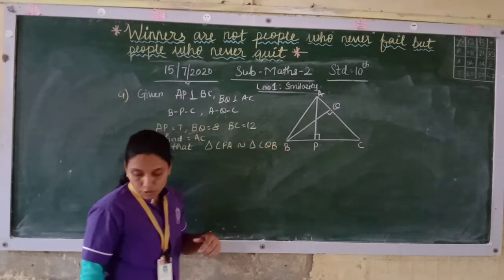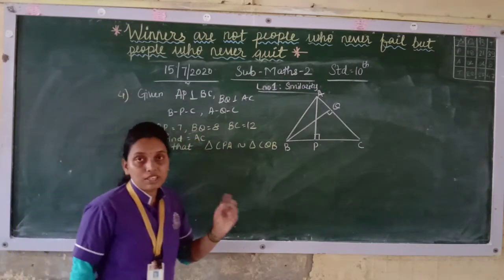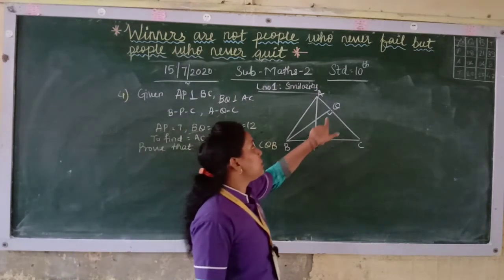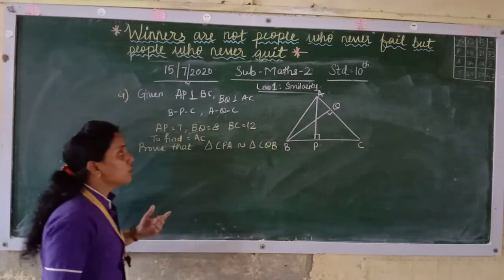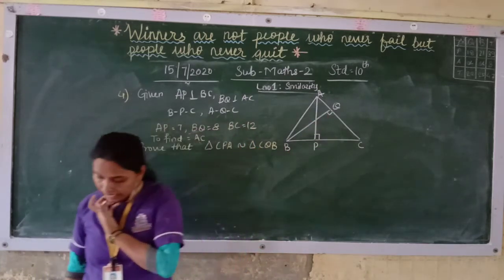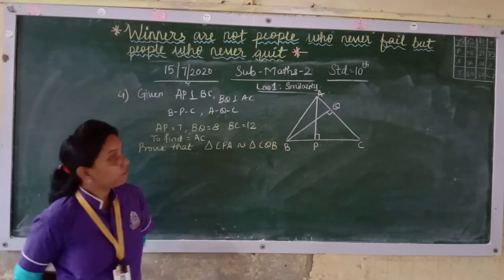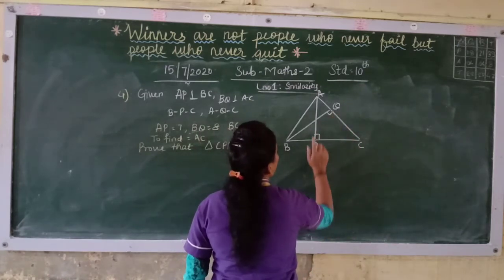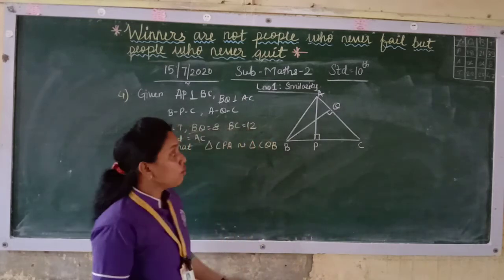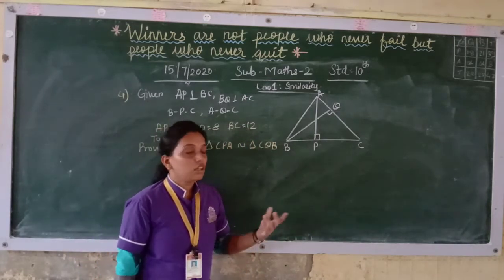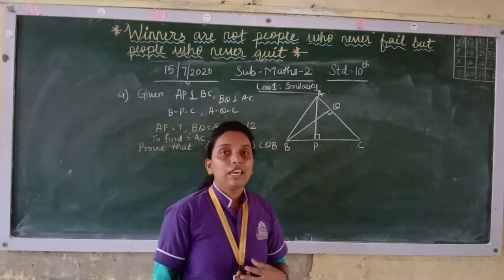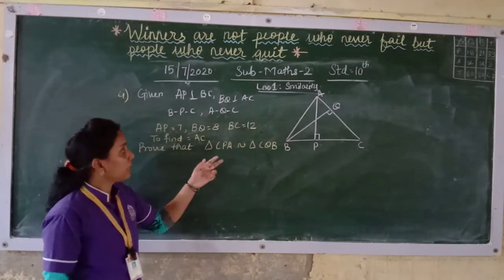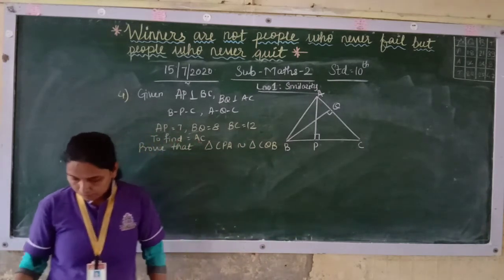So in this triangle, if you see there, the right angle mark is there. How we did in the first sum, that 75, 75, each measure 75, it was congruent. So here also you will get these two angles are congruent in the two triangles. Why? Because each measures 90 degrees. Then what you will have? If you see here properly, this C is coming in CQB also and CPA also. So this is a common angle. Now you got two angles. So the triangles will be similar by AA test of similarity. And then you can put the sides in proportion and you can get the value of AC over here.